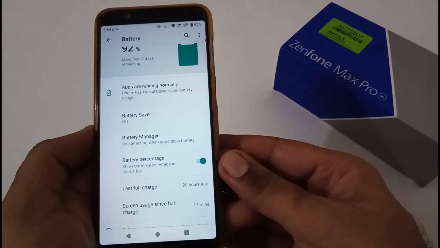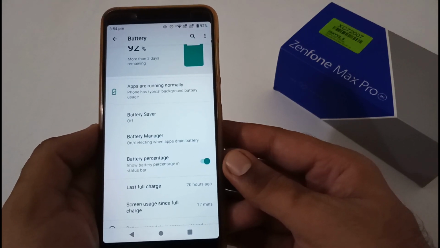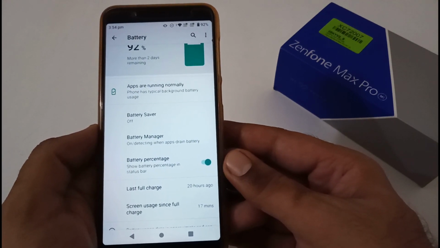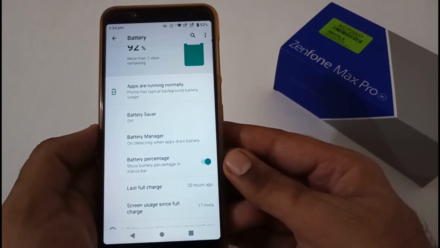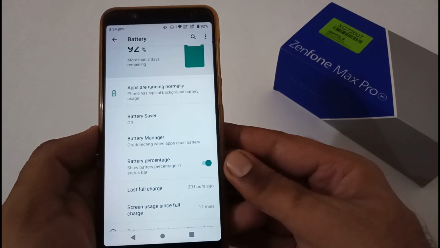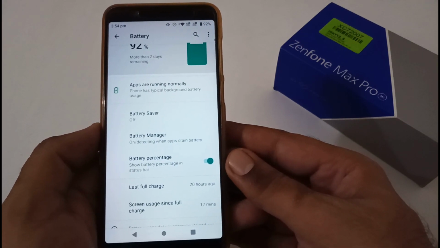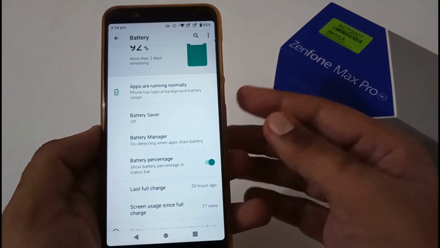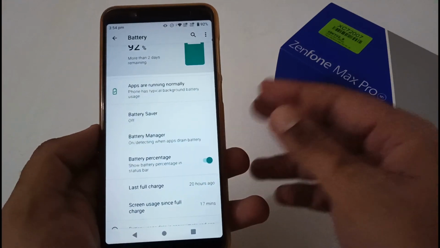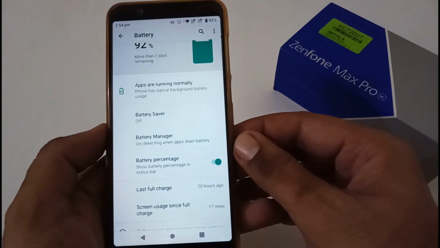So now after the display section, let's move to the battery section. Firstly, we'll be discussing the charging time. It took nearly 3 hours and 8 minutes to fully charge the phone from 0 to 100%, and I feel that it should be in the range of 2 hours 45 minutes to 3 hours at most. Let me confirm one more thing, that I'm using a 10-watt compatible charger rather than the one which was shipped with this particular phone.